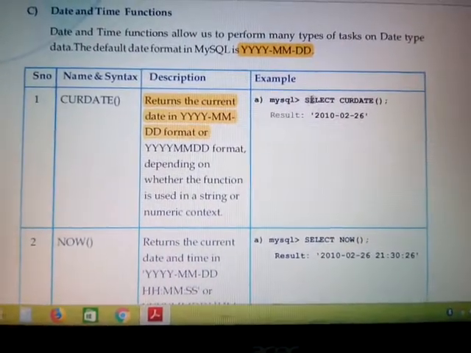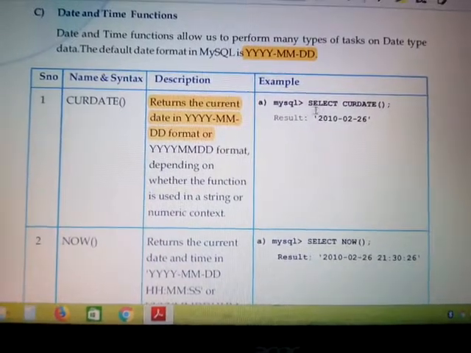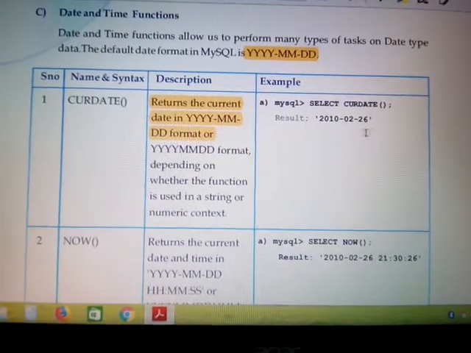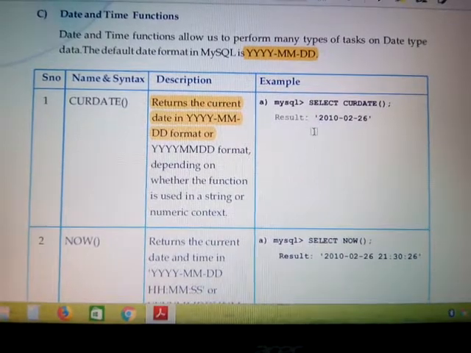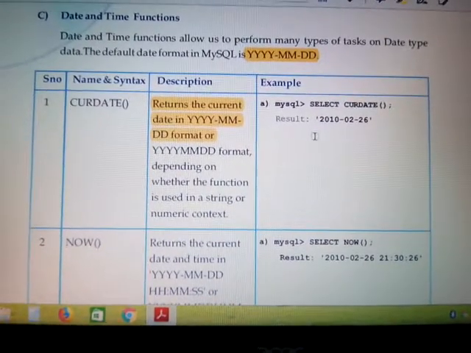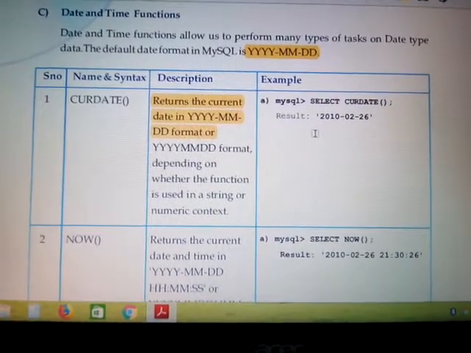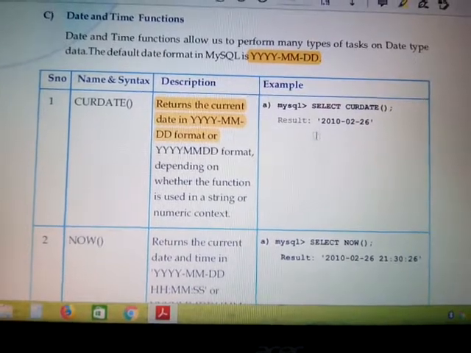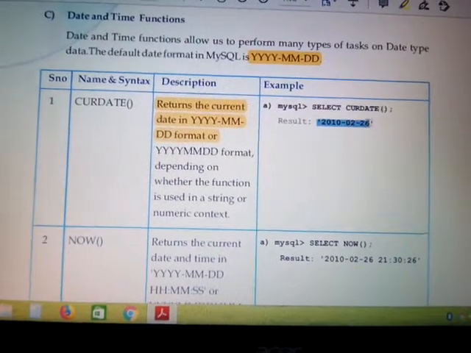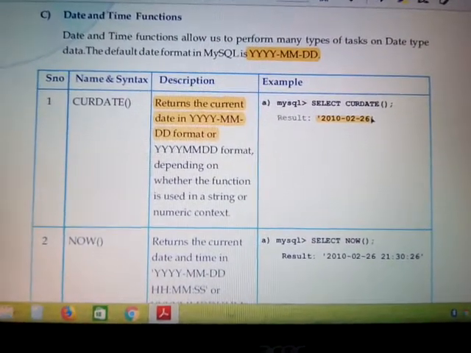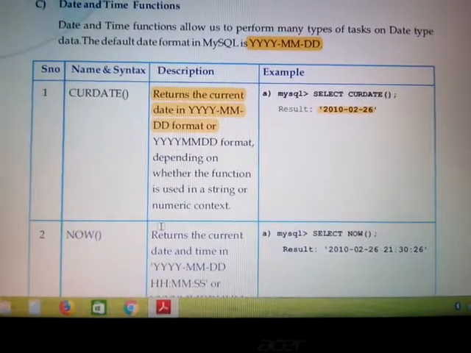Just see here in the example, the SELECT CURDATE function will show you today's date. And you know very well that date, time as well as string types are written within single quotes, so you can find the answer is written in single quotes.